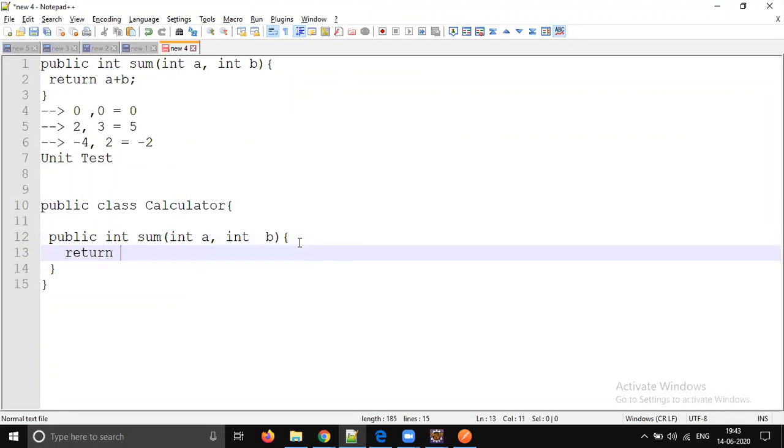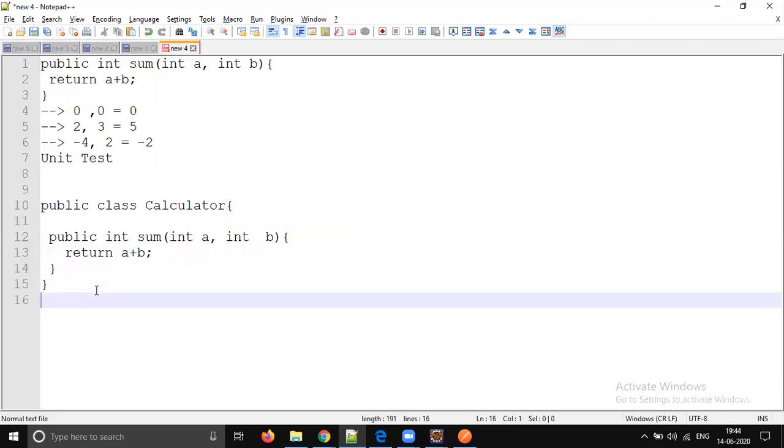okay, so how can we test this? This is native Java, pure native Java. You can write unit test cases for any code. It can be a Spring application, and it can be a pure Java application. Still, you can write them. There is no problem. So you do a plus b, return a plus b. Then, if you would like to test this class and that method, there are some naming standards we have.